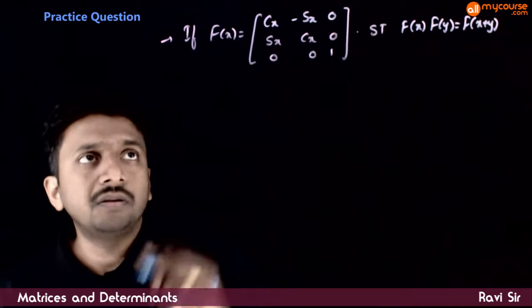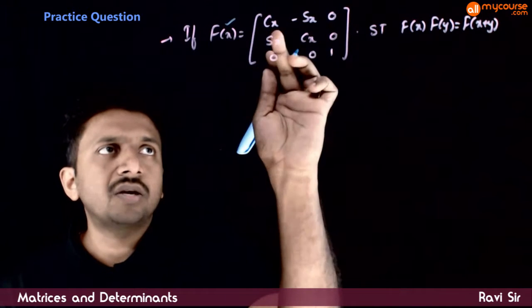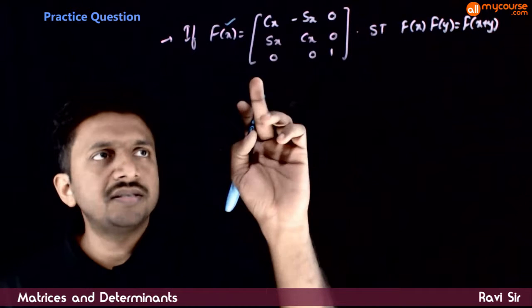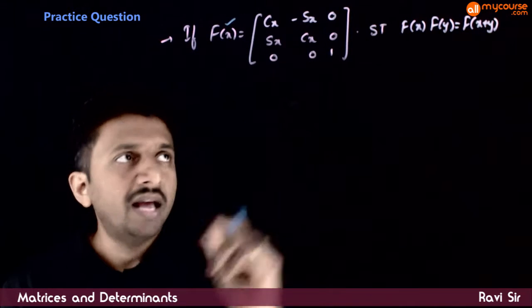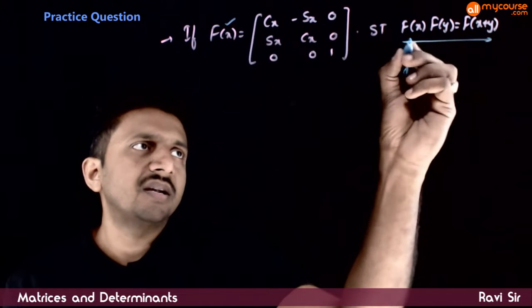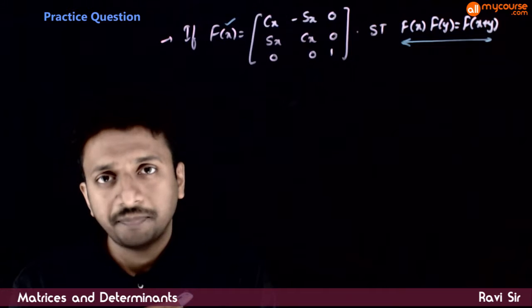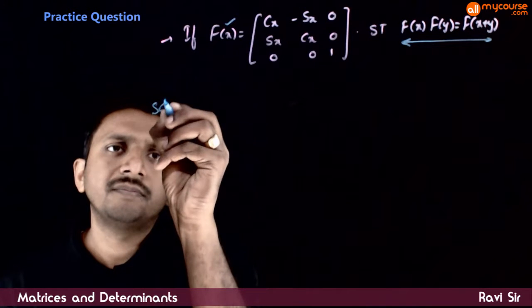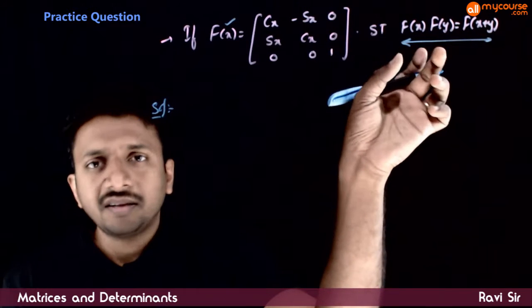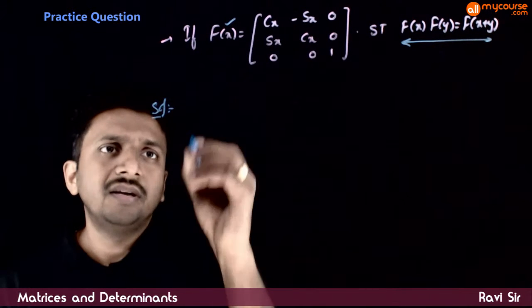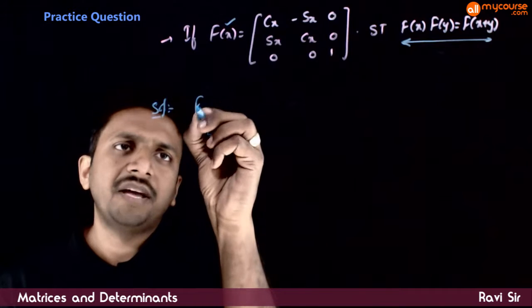In this question, we are given that f(x) is the matrix cos x, minus sin x, 0; sin x, cos x, 0; 0, 0, 1. And you have to show that f(x) times f(y) is equal to f(x plus y). So let us calculate the LHS and see whether it is equal to RHS. So f(x) times f(y)